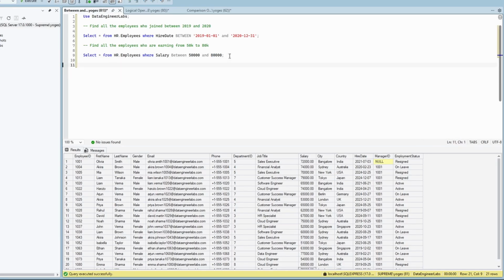So this is how we use our BETWEEN operator. Now let's move on to the IN operator and let's find all the employees who are from Singapore or Germany. We have used an OR condition earlier where we found all the employees who are from Singapore or Germany, but let's run the same using the IN operator. So how do we do it? Select star from our employee table, which is in the hr schema,